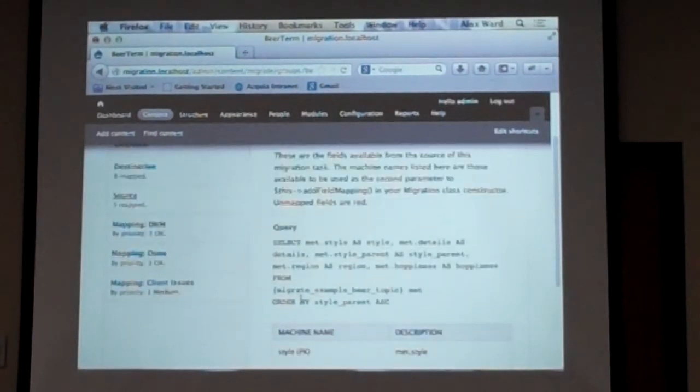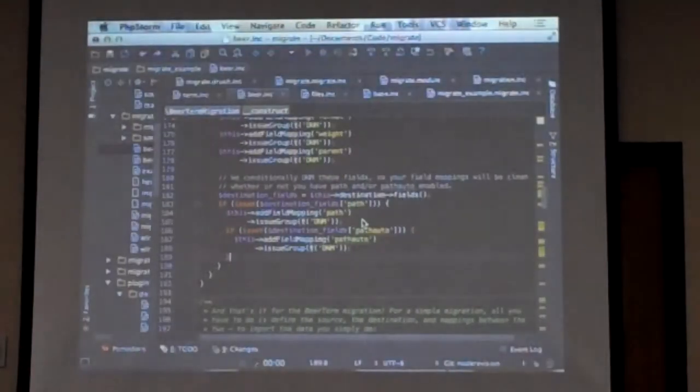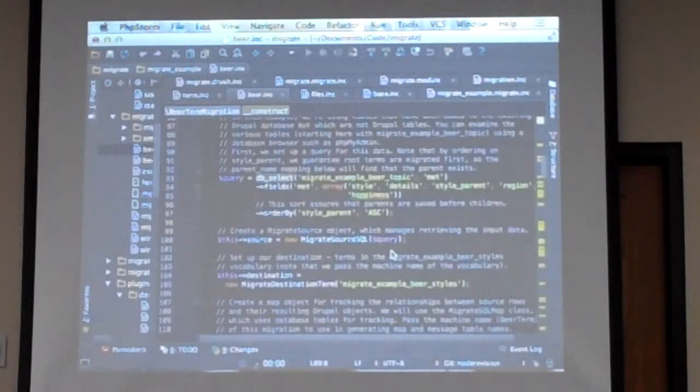which is the same thing. It tells me the query that's running. And then it tells me all of the machine names of the fields. The description over here, by default, is just the name of the field. But if you explicitly define your fields, which you can do by passing that as the second parameter to migrate source field, so I could do something like